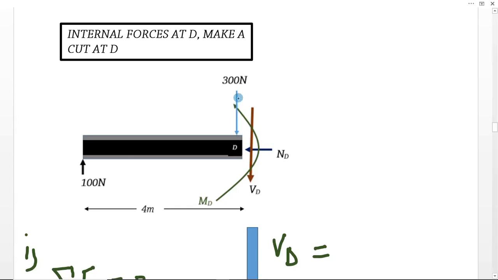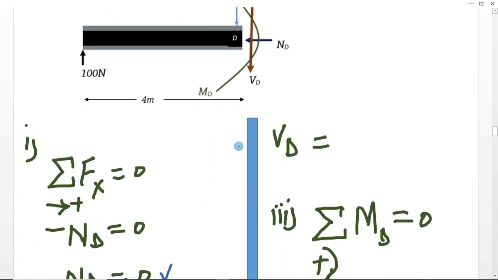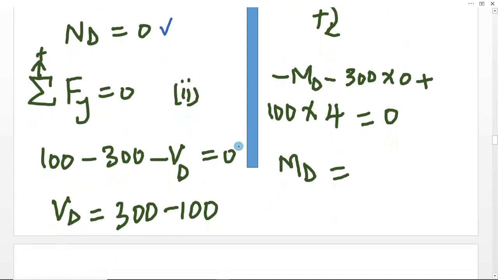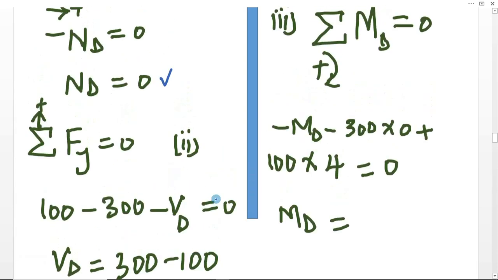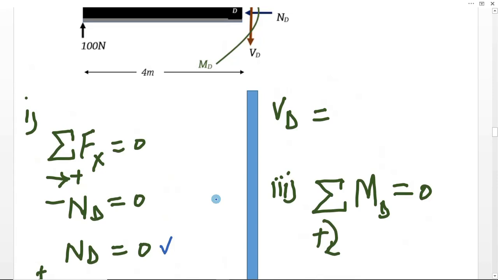Therefore, that force 300 is going to be considered in this free body diagram when we consider a section cut at point D. So forces pointing downwards, we have VD and 300. So it will give us VD equals 300 minus 100,